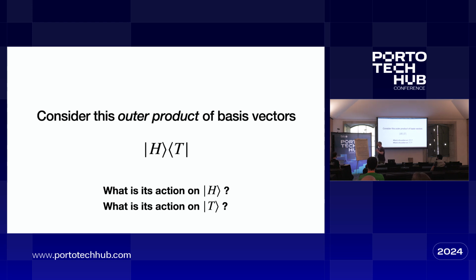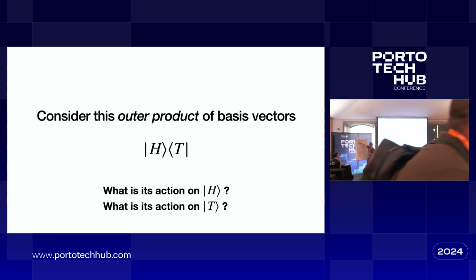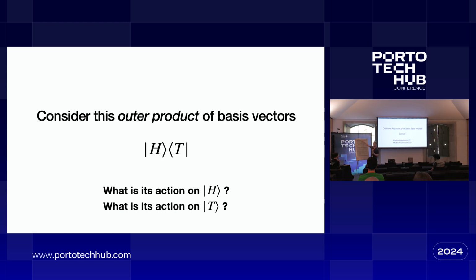We'll get there in a sec, okay? Where we're trying to get is we're trying to understand what these objects are and how they act on other objects. We're just trying to understand what this does. We start with small atomic little things, and then we build up so we can do more complicated things. Right now I'm going to get to the point. So I have an outer product of basis vectors, and I've understood how that acts on things.